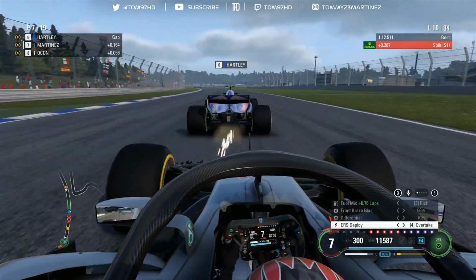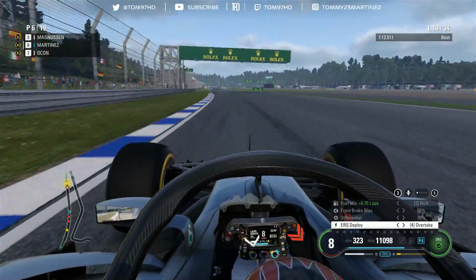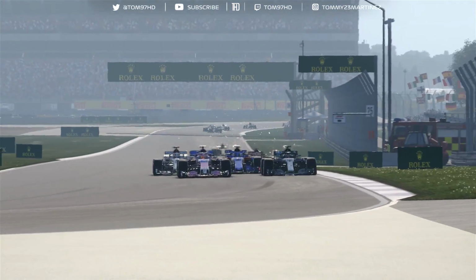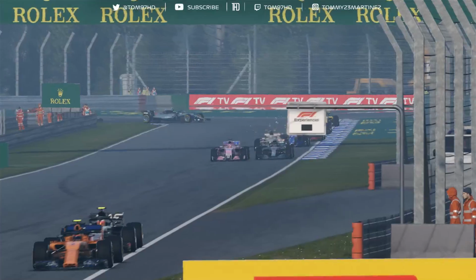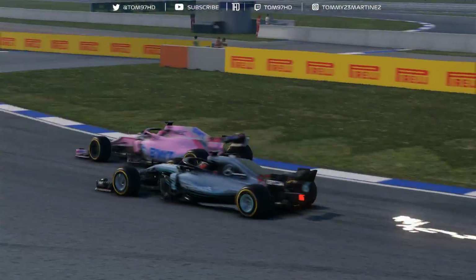We're going to cash in on this. We're going to get the tow on Hartley. We're going to pull to the inside, overtake and Rich Mix engaged. Three wide. Look at this, Ocon's still going. We'll have to try and go deep into the hairpin. Use first gear to rotate the car. On the power again. Rich Mix and maximum ERS modes engaged, but Ocon in the Force India still holding on,